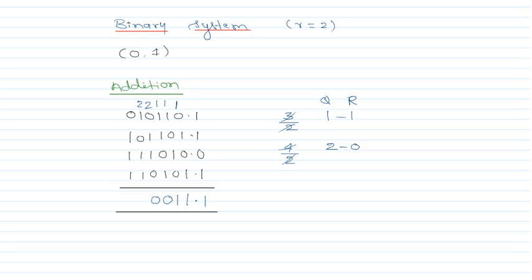Now 2 plus 1 plus 0 plus 1 plus 1. Once again the sum is going to be 4, and again I'll divide that 4 by 2. I'll get 2 as quotient, 0 as remainder. That 0 remainder I'll put here. The quotient 2 I'll pass as a carry. Now 2 plus 0 plus 1 plus 1 plus 1. The total sum is going to be 5. So 5 is larger than 2. 2 goes 2 times with a remainder 1. So I'll write here the remainder is 1 and the quotient is 2.